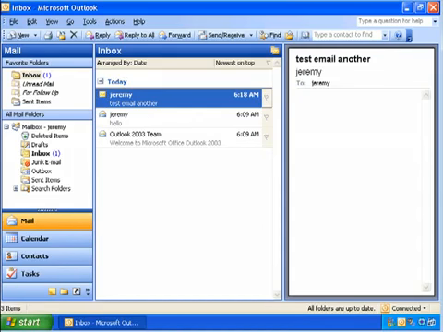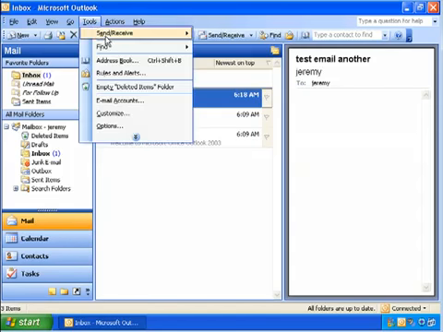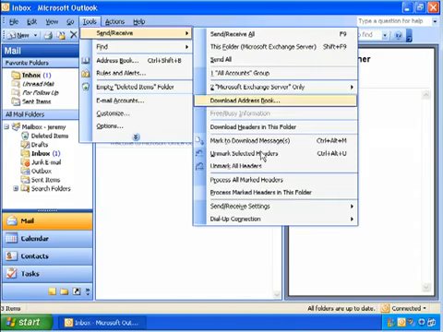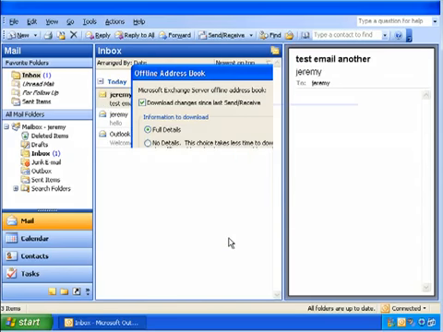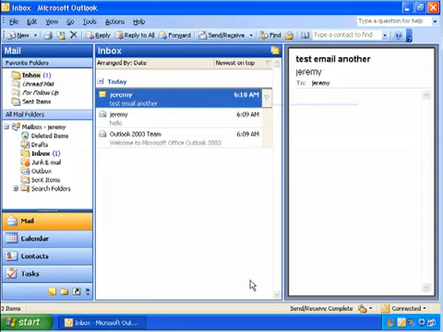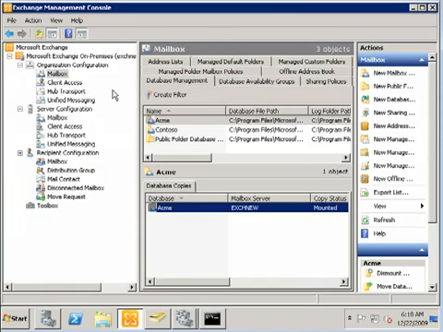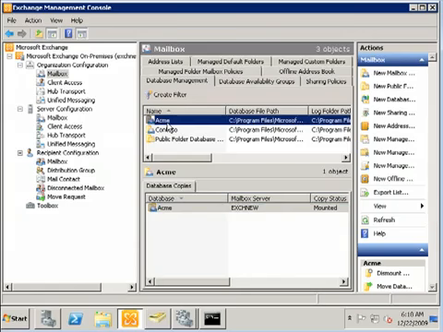There's one other thing that I would like to mention that is very important. If you receive any errors in downloading the offline address book or sending and receiving emails, and you're receiving synchronization errors but yet the mail goes through, this is a common error that is due to the address book. So if you're receiving errors downloading the address book, I'm not having any problems, but if you do have this problem, please verify on your Exchange 2010 server under the mailbox section of organization, and then if you click on the name of the database where that user is stored, and then you go to properties,